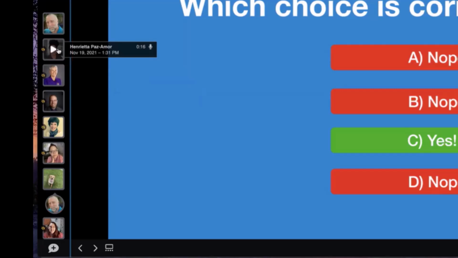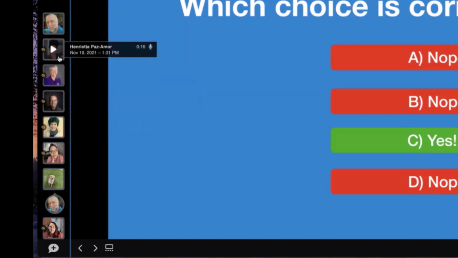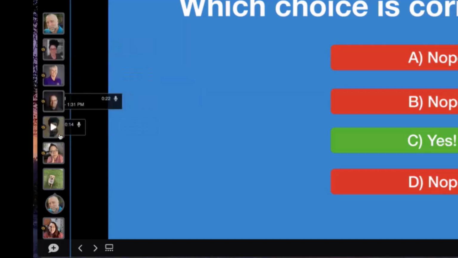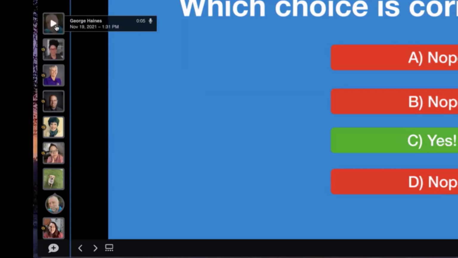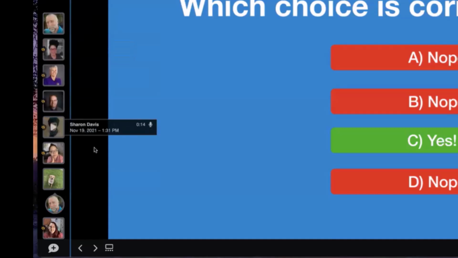So as the creator of this voice thread, I can see and hear all of these comments. But the other participants on this voice thread cannot see or hear any of the moderated comments. They can see any that don't have comment moderation. So I recorded my comment initially and then turned comment moderation on. So my comment is visible to everybody, but the other participants' comments are hidden.